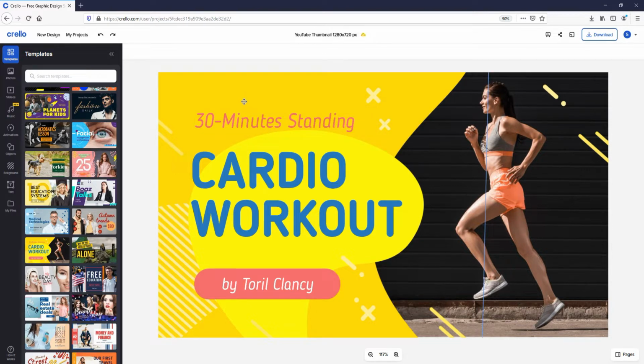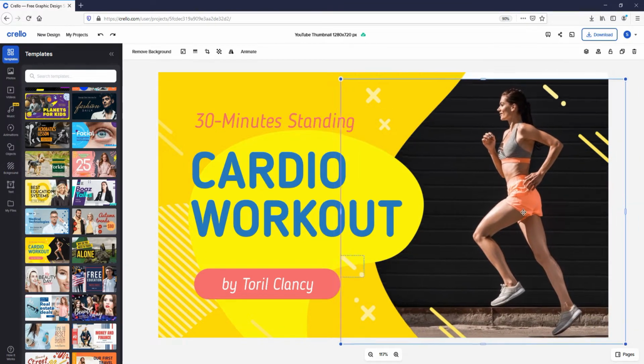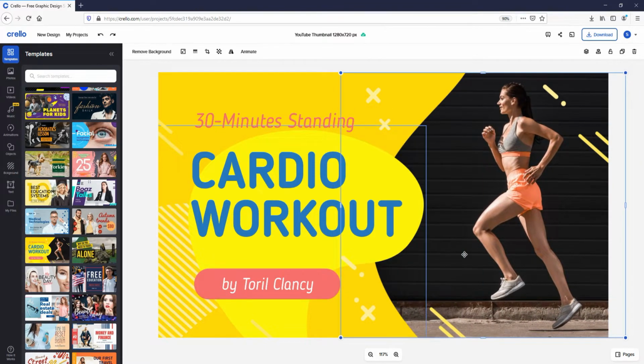If you do not like any of the existing templates for creating thumbnails, then we can design custom thumbnails with the help of existing templates. Let's see how to create custom thumbnails with existing free templates.